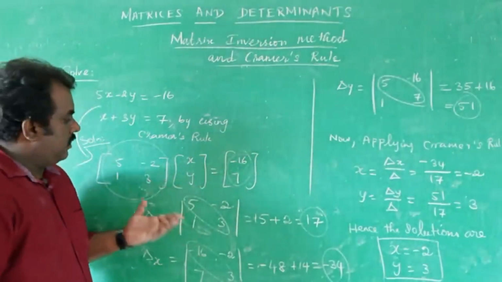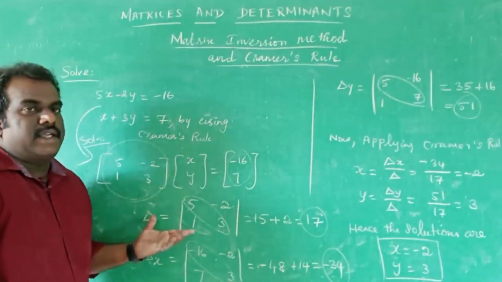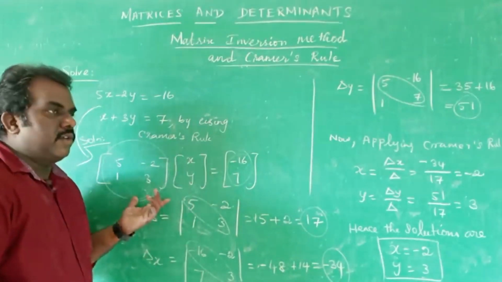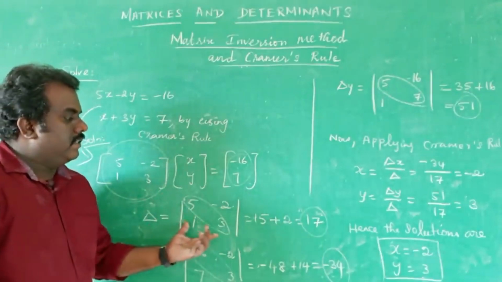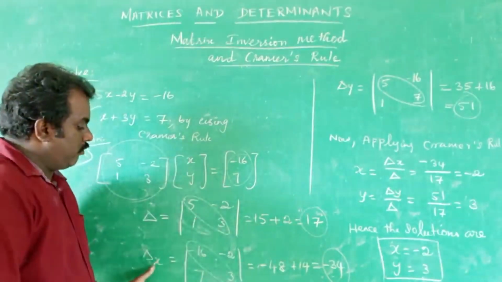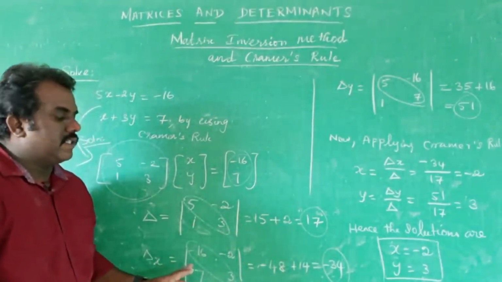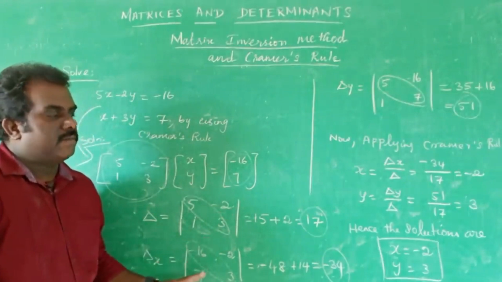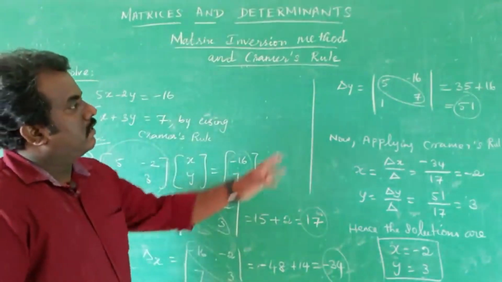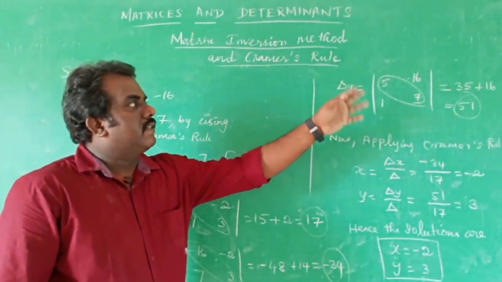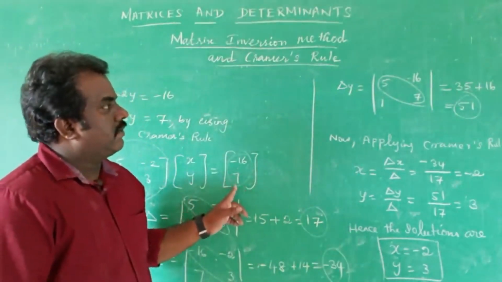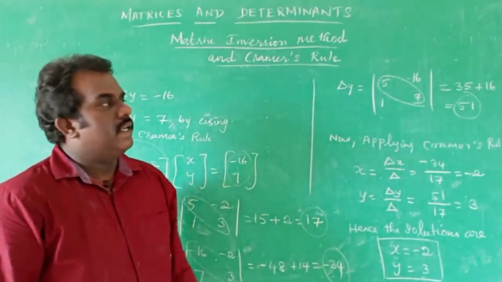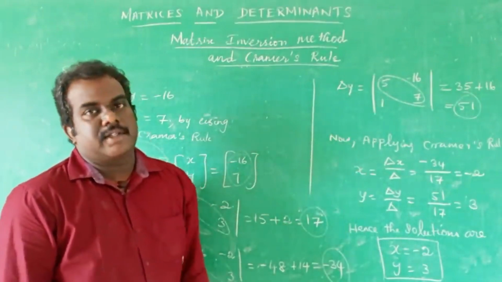See, one more time explain. The given system can be written in the form of Ax is equal to b. From that, you have to take the coefficient matrix and take the determinant of the coefficient matrix as delta. Take the determinant, you can get the value. The next go for del suffix x and del suffix y. In del suffix x, substitute the B matrix in the first column of the given coefficient matrix and take the remaining as usual. And del suffix y, in the determinant, take that B value minus 16, 7. Substitute that value in the second column of the given coefficient matrix, take the remaining values as usual and complete your determinant and get the solution of del suffix y.